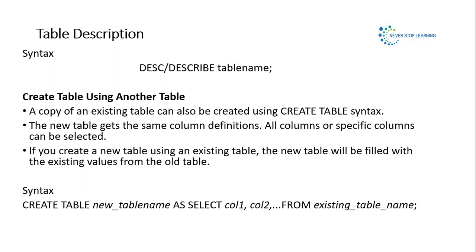Once you are giving the new table name, a new table will be created as, and then you have to write the keyword select, because you are selecting from the old table. You have to give the columns. Let us suppose you want all the columns from the previous table, then you use all the columns. If you want only 2 or 3 columns from the previous table, you use those columns, and then from, and the existing table from which you want the copy, that you have to mention. So like this, you can create a table from an existing table.